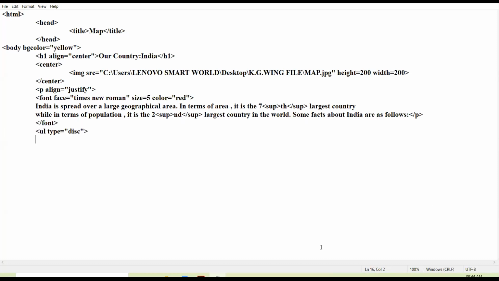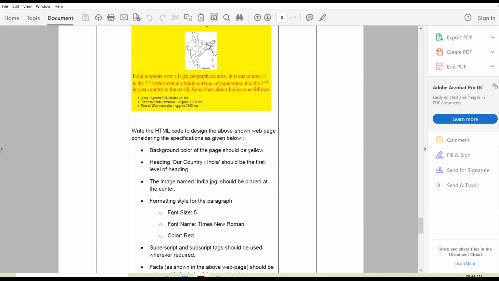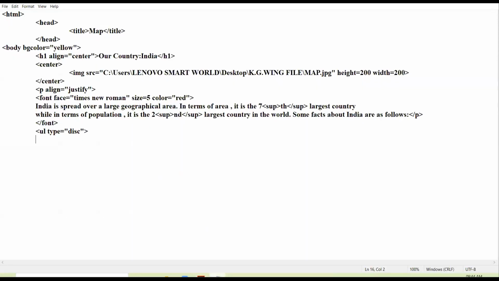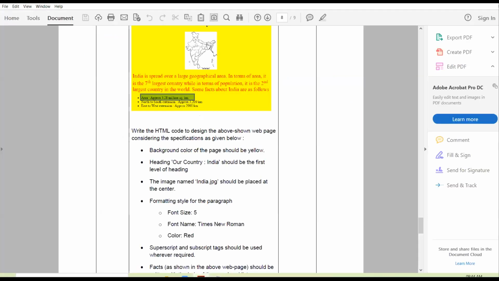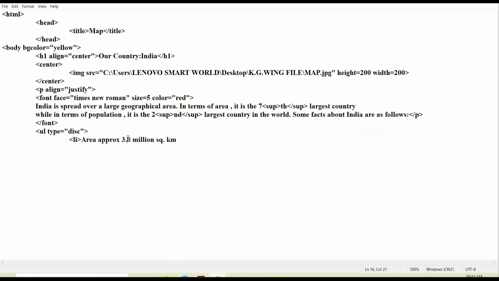So my first fact, list item, area approximate 3.28 million square kilometer.